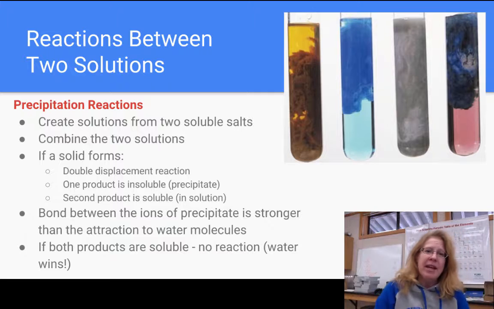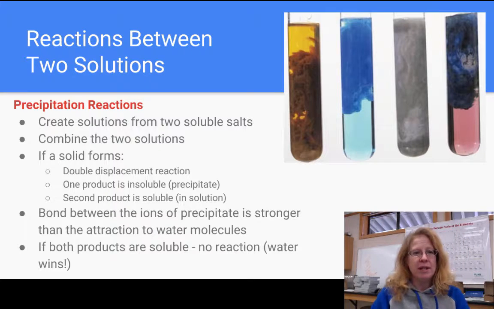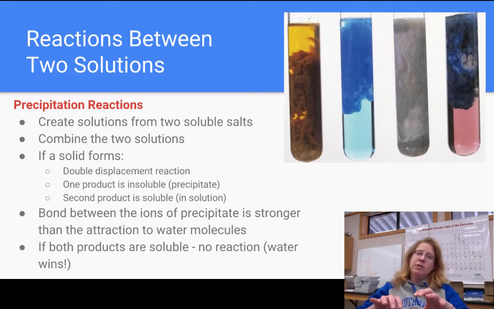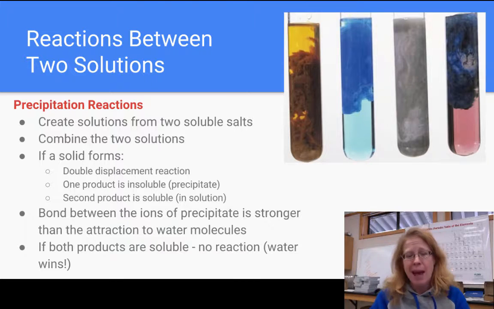Okay, so let's start it up. Just as a reminder, what we're talking about when we're talking about precipitation reactions is when we've got two different solutions that we put together, and they usually are both clear liquids to begin with, aqueous solutions, dissolved in water. We combine the two solutions together. Sometimes something happens, and we usually tend to talk about the ones where something happens because it's more interesting, but a lot of times we get the formation of some sort of a solid, like the pictures that you see on your screen. We tend to pick really pretty ones for a Chem 1 class because it's more fun to